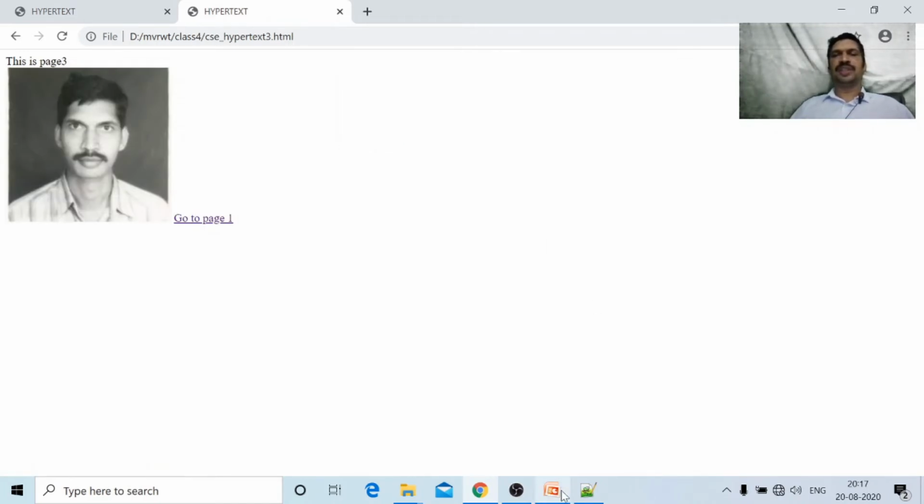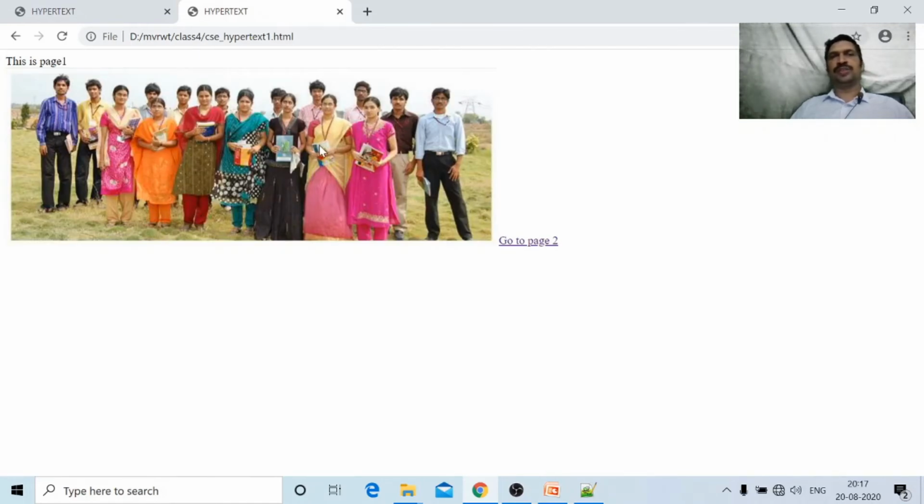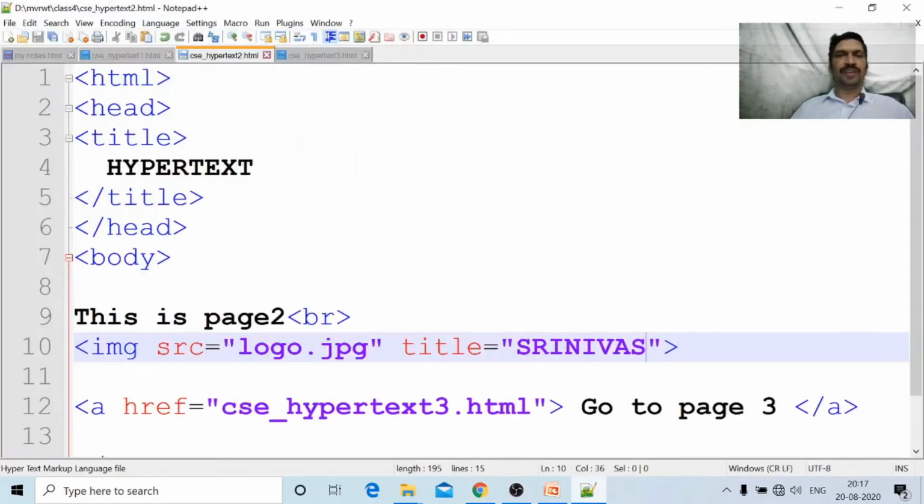In the first page, go to page 1: senior students 2008 batch. Here, whenever the mouse appears onto the image, I am expecting some matter, the 2008 batch CSC students, to come here. What I have to do? For this image I will go to the CSC hypertext.